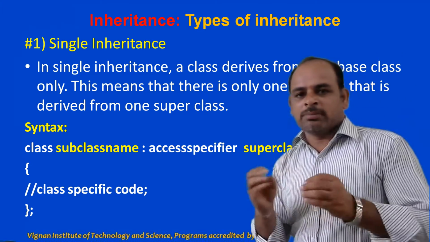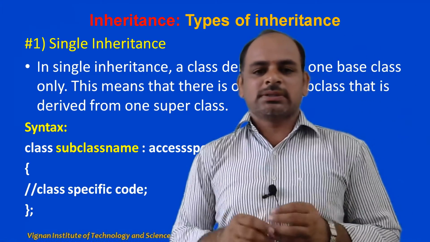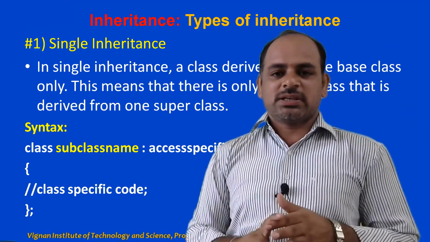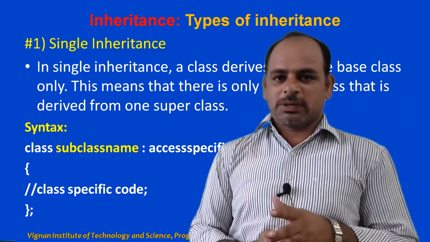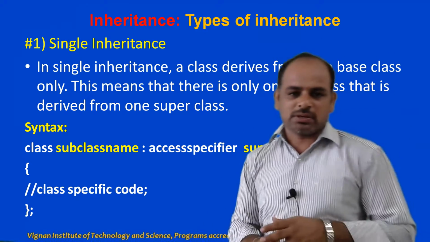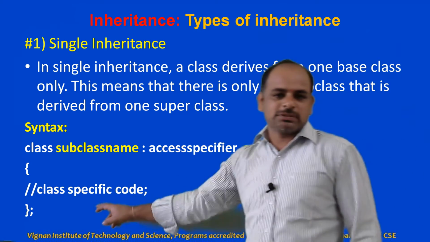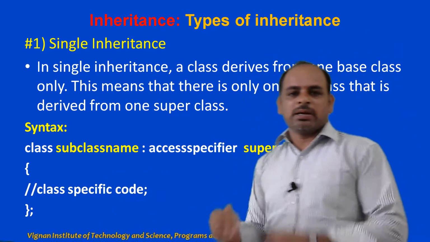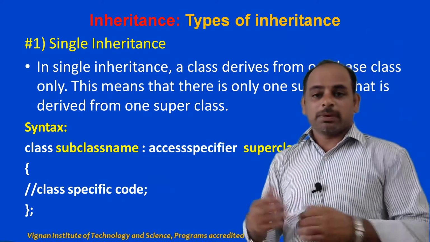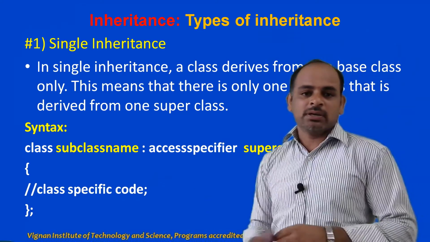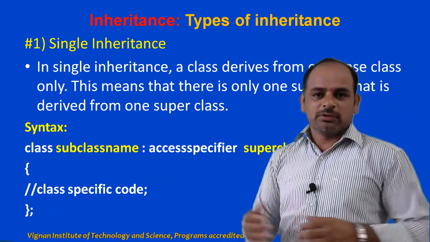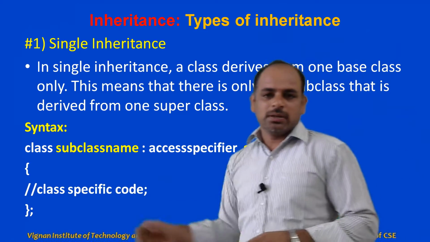So there are some terminologies we can use for child class: subclass, child class, derived class. For the existing class: base class, superclass, or parent class we can also call it. And this is the code which is specific to the subclass. If you want to add any new members, new properties into the derived class, you can add them here. And if you want to implement new operations, new functions, you can implement them here.